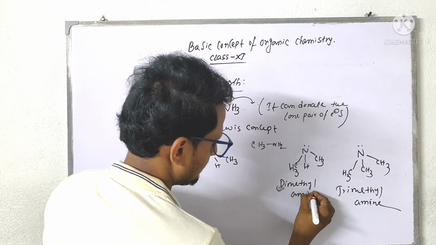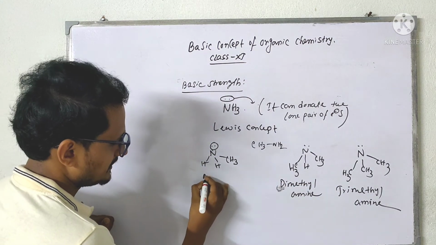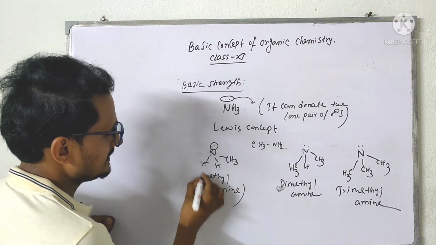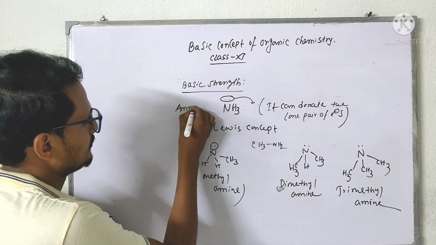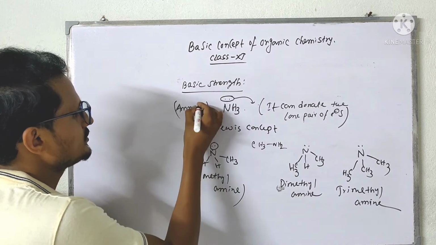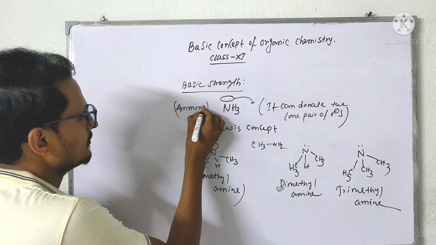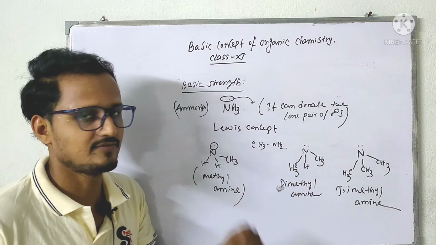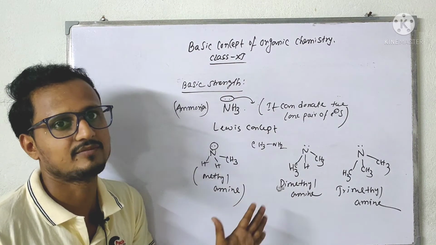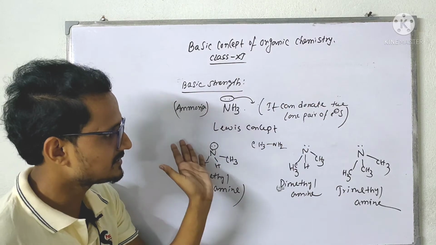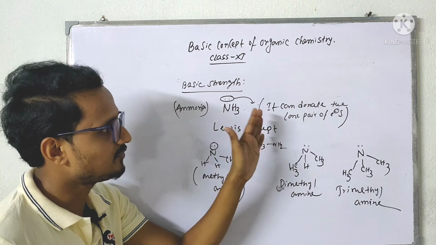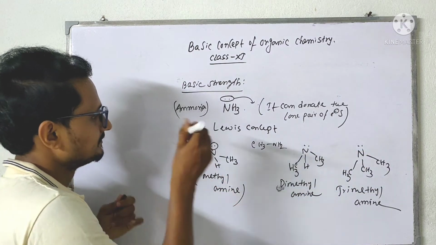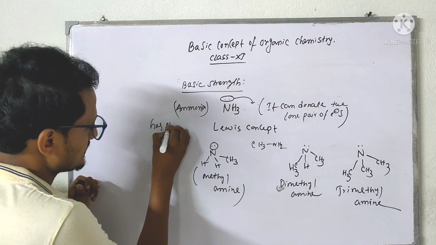Dimethylamine. Here methylamine. Here it is ammonia. So between these four, which one is more basic? We have to consider the plus I effect group here or minus I effect group here. And I'm asking for the gas phase only. Ammonia is a gas, so these are in the gas phase.